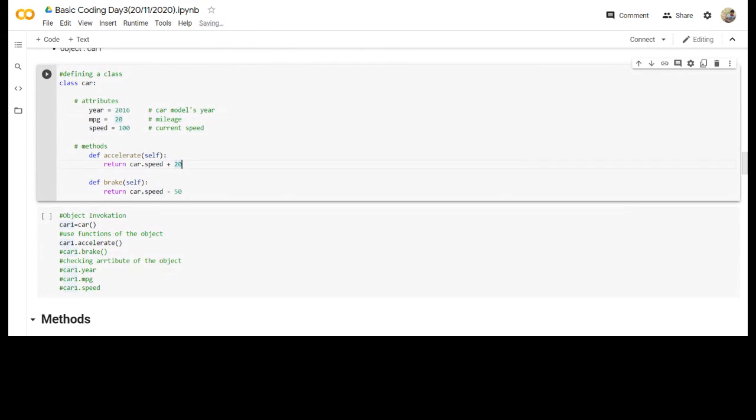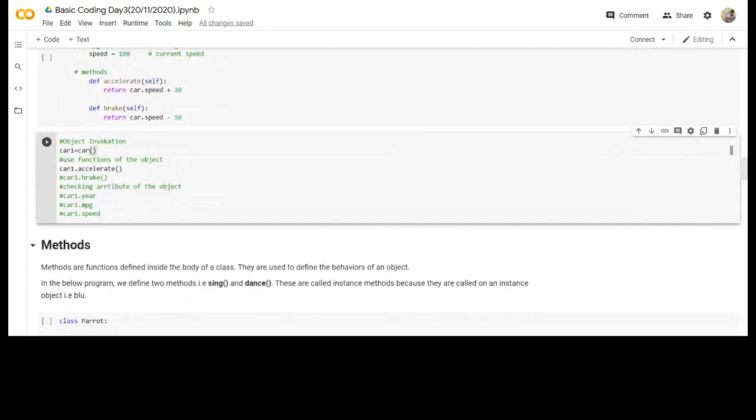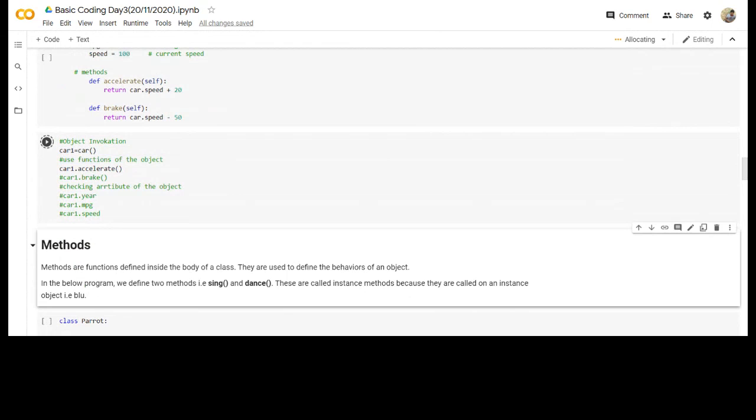So the only thing when I do accelerate is that I'm adding 20 to what the actual speed was. Over here, first I've invoked the object by defining the name of the object, which is car1, and then the name of the class, which is Car, and then invoking it through the brackets. So if I run it,